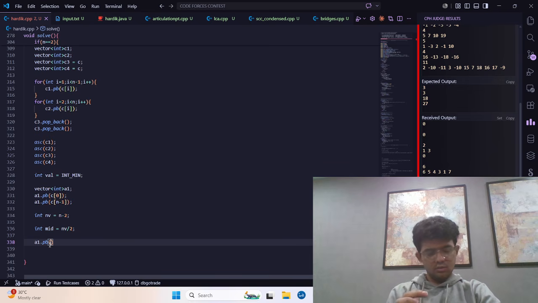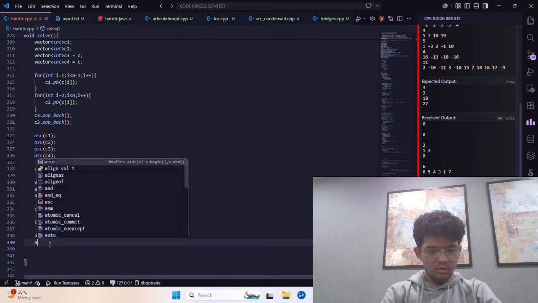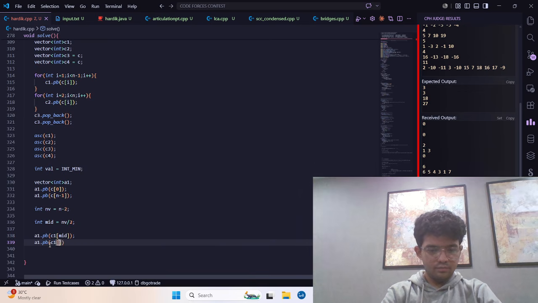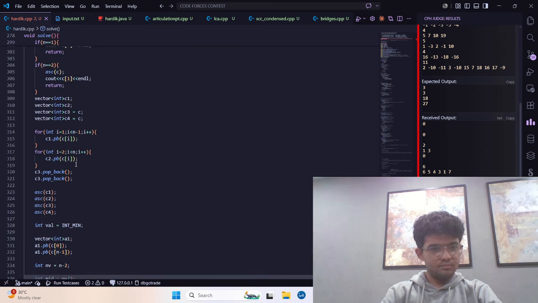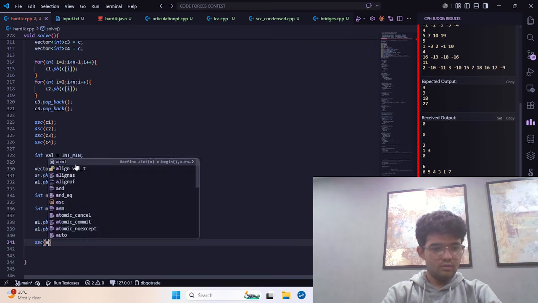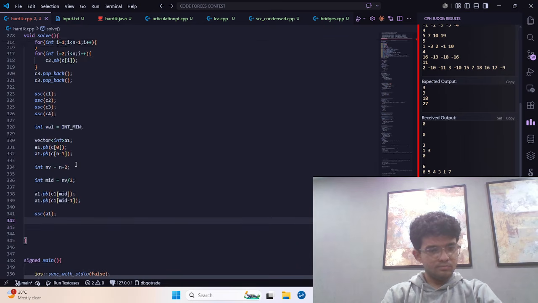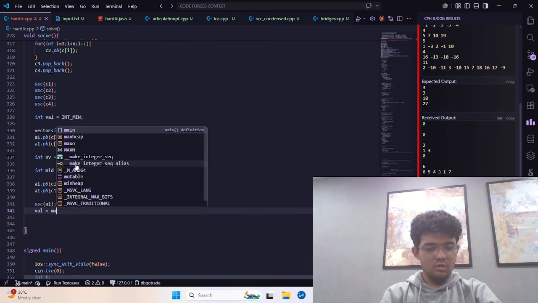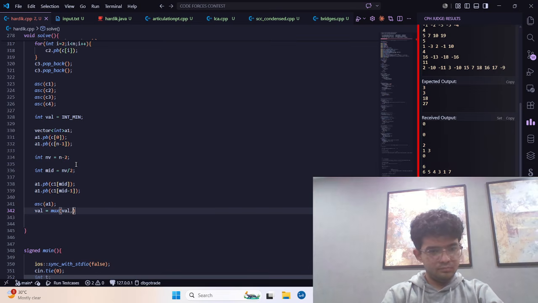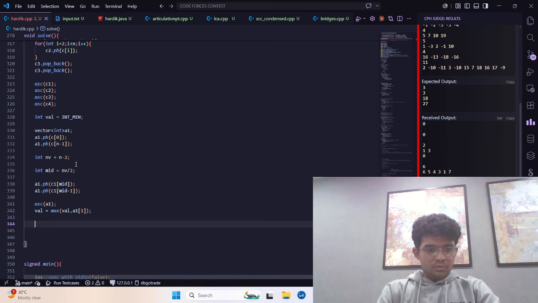A1 dot pushback C1 of mid, A1 dot pushback C1 of mid - 1, right, ASC A1, असेंडिंग ऑर्डर में A1 को डालेंगे, val is equal to min max of val comma A1 of 1, clear।